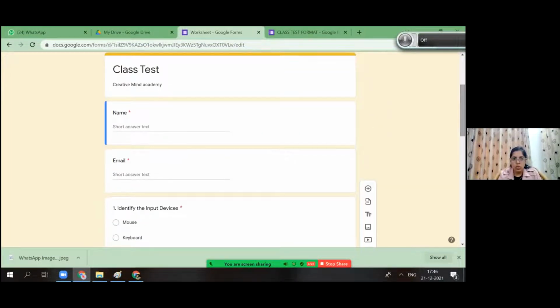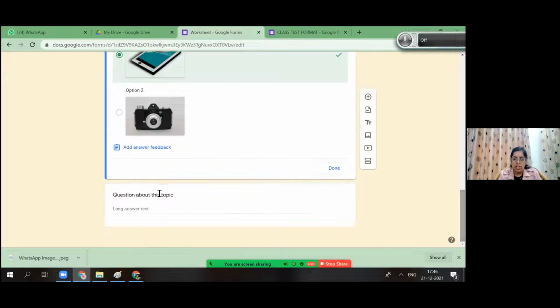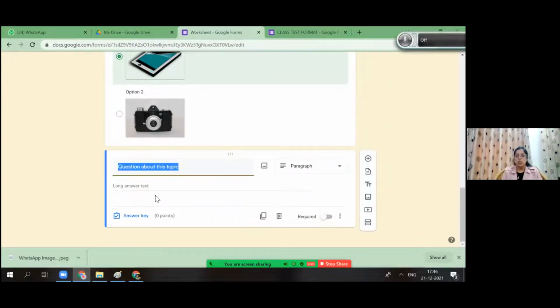And if you want the student to upload, like in this only, you can ask the students to write the difference between LCD and LED.